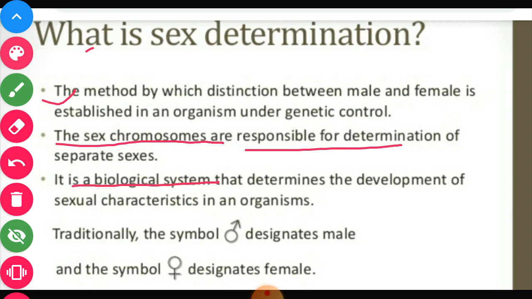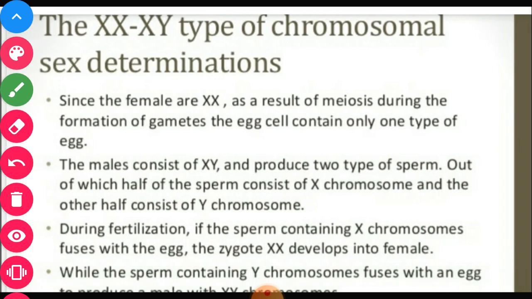Traditionally, symbols are used for male and female. The symbol ♂ is used for male and the symbol ♀ is used for female. So these are the symbols used to denote male and female. Then the types of chromosomal sex determination. So see here, the first is XY type sex determination,